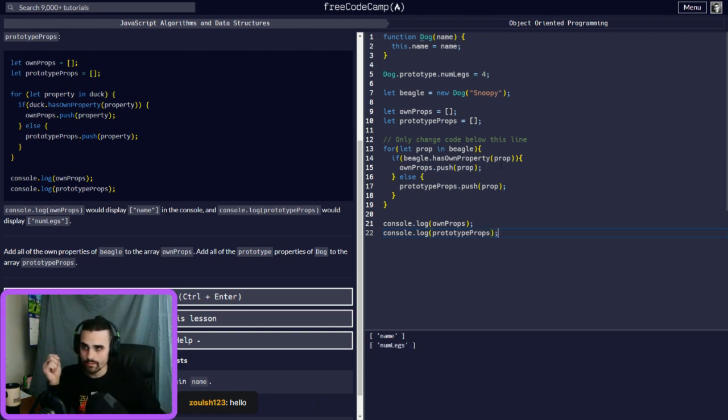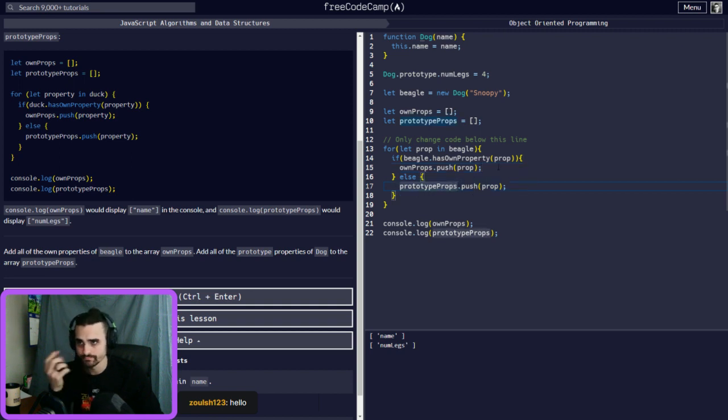So even though they're all combined in beagle, it knows what is the prototype and what is actually on its own properties. So remember, whenever you're looking at hasOwnProperty, anything that you've developed as a prototype is not going to show.